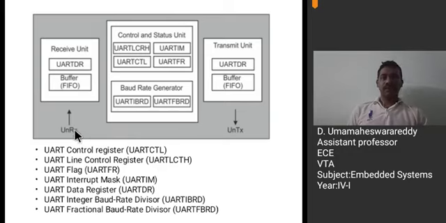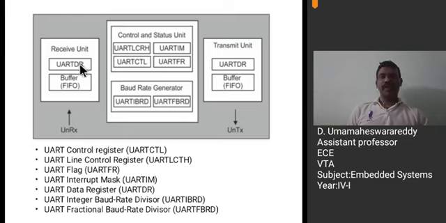And see here, UART receiver and UART transmitter. When data is received with the help of the UART receiver pin, it is stored in the FIFO, that is the buffer, in the FIFO manner. FIFO means first in first out manner. And that data is taken by the UART data register and it is stored in the UART data register.